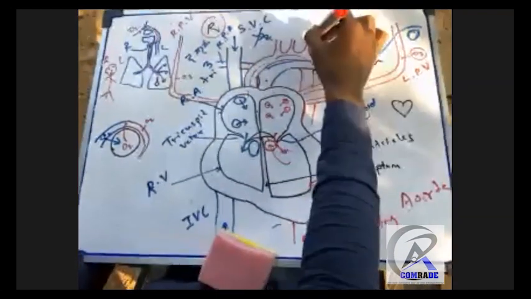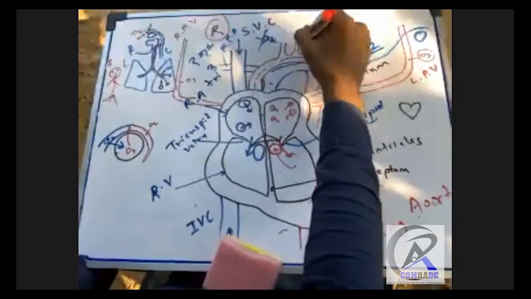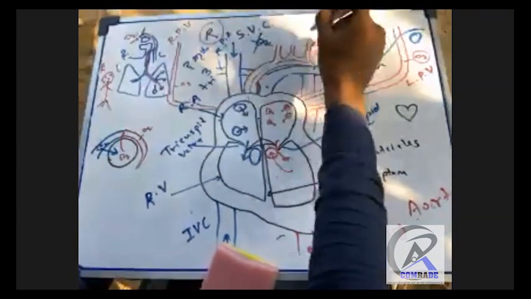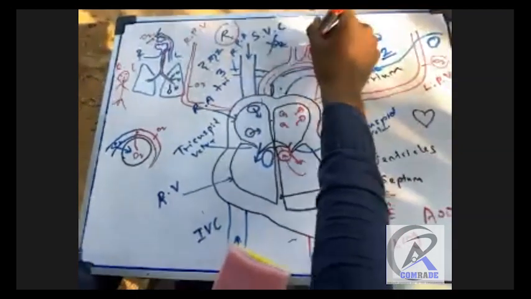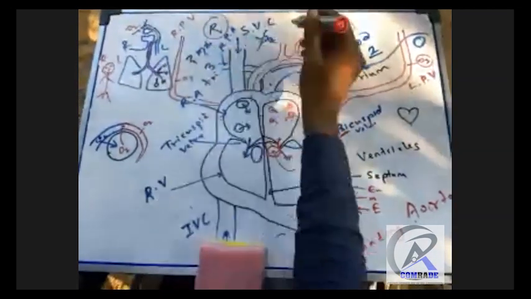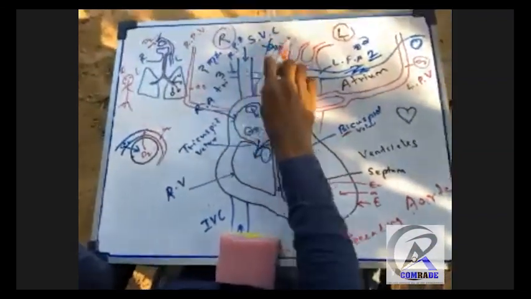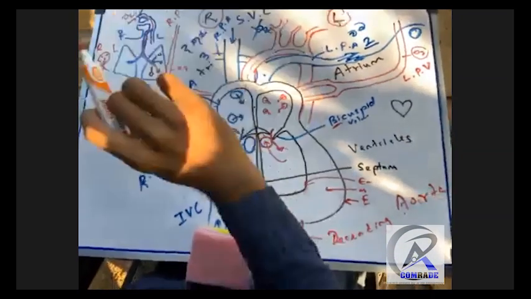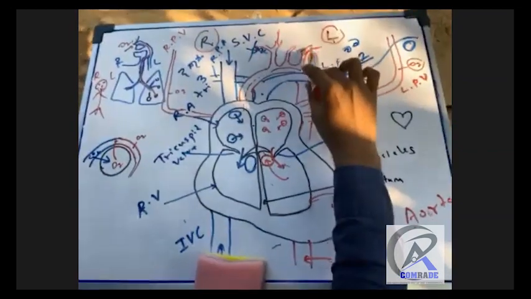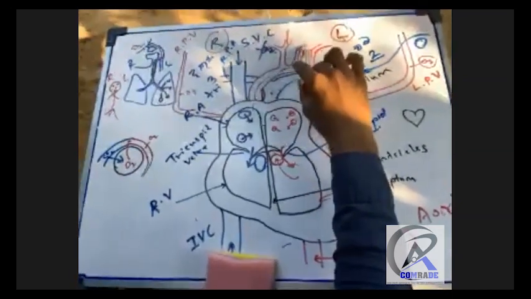This is the left subclavian artery, which goes to the left hand, left limb, right? This is the left carotid artery, which goes towards the brain. This is the brachiocephalic artery. If you want, you can write it, right? This is the brachiocephalic artery, which again divides into two parts as the right subclavian artery and right carotid artery, which goes to the brain, and this goes to the right side hand. Okay, this goes to the left hand, the left subclavian artery. This goes to the brain from the left side of the neck, right?